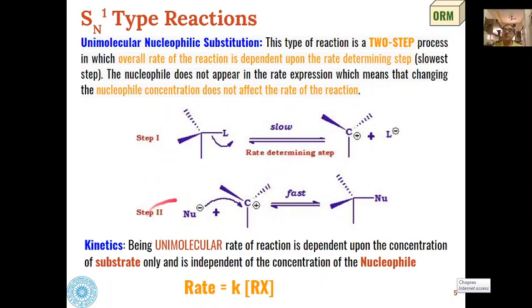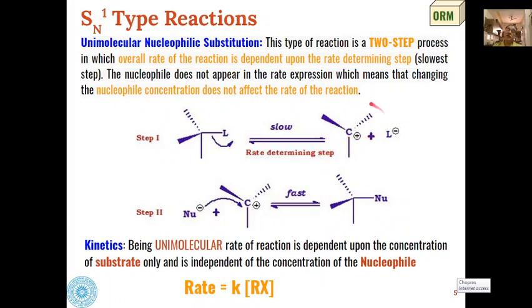And in the second step, the carbocation created will interact with the nucleophile to give us the product. And here, because this is a charged species which is oppositely charged to the nucleophile, they will react very fast to give us the product. And the overall conversion of this reactant into this product is known as nucleophilic substitution reaction.